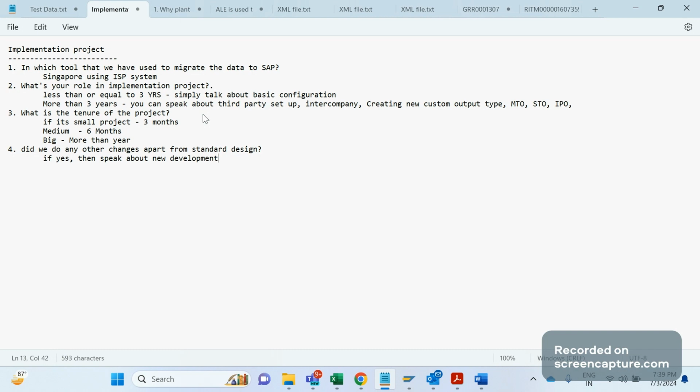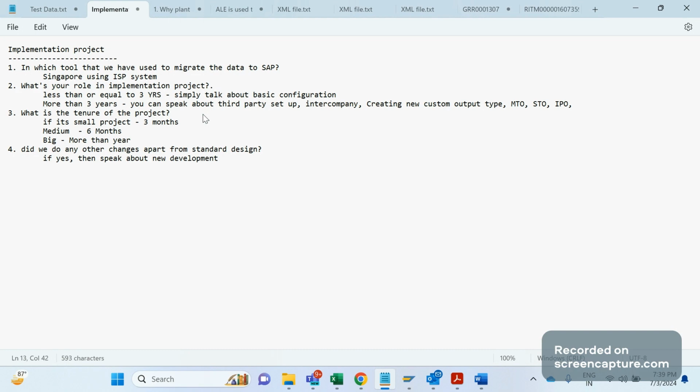For example, if you take any one of our enhancement videos, take the easiest one and explain that. If I give an example, at the order header level, we know the PO type field is there. In the order data tab at header level, we have a field called PO type, BSARK is the field name. If the field is not populated, if the field is empty, then the system will throw an error message. This is one of the custom changes. So this we can't fulfill with standard design. This is one thing.